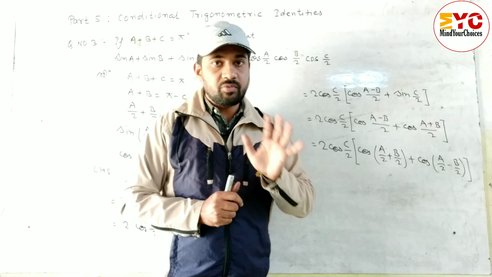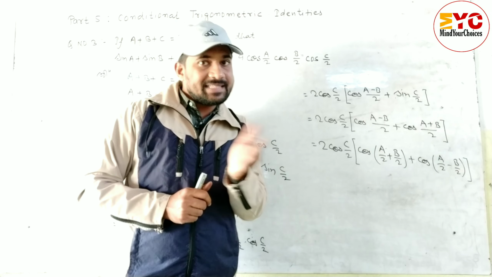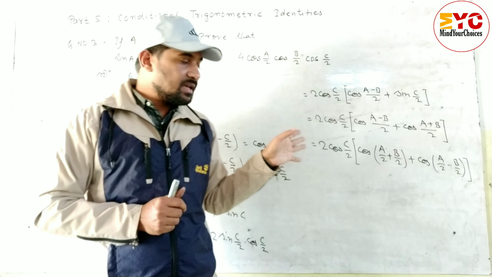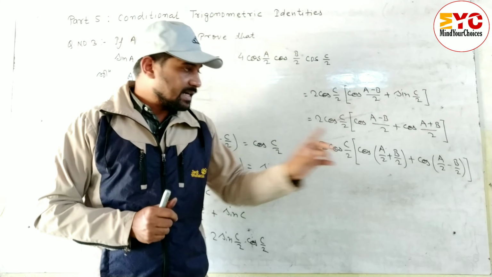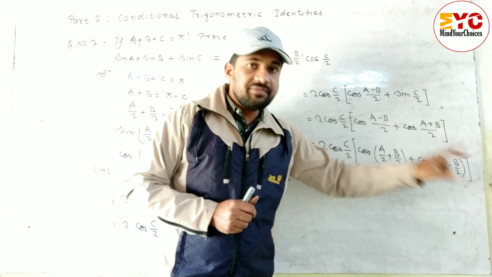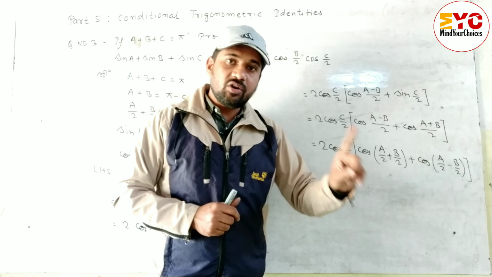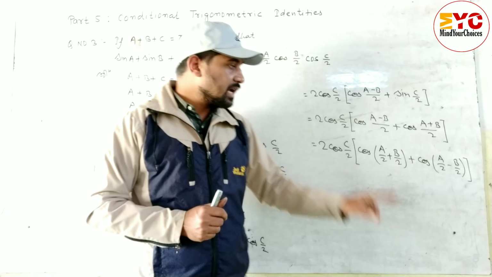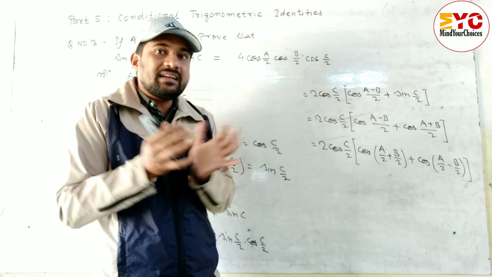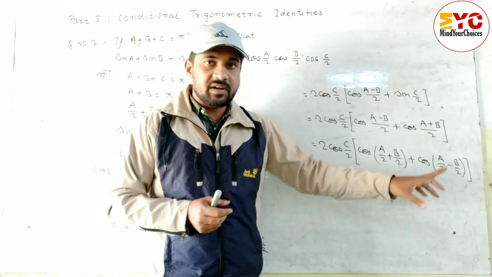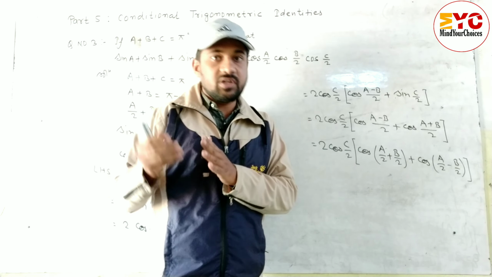Hope you understand. Hope you remember that formula. If you don't know, please turn the page to part 4. You can see the part 4 short questions. When I started, I gave this formula, cos (a plus b) plus cos (a minus b). The formula is 2 cos a cos b. Without using the cos c plus cos d formula, we can use that formula directly. Or if you feel uncomfortable using this formula, you can use the cos c plus cos d formula, which I did in the previous 2 videos.